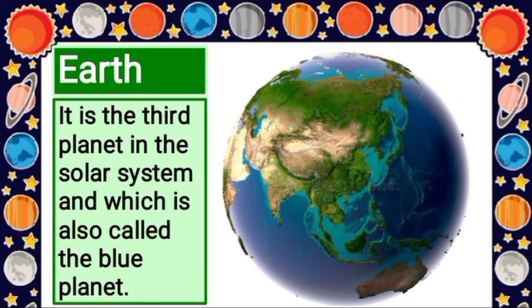It is also called the blue planet because from space the oceans combined with the atmosphere make the planet look blue. The atmosphere is the layer of gases which remains attached to the ground of the planet due to gravity, and it prevents too much heat or UV rays from the sun from reaching the earth. The moon is the only satellite of the earth.